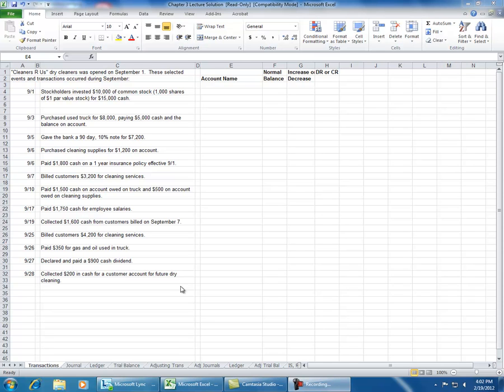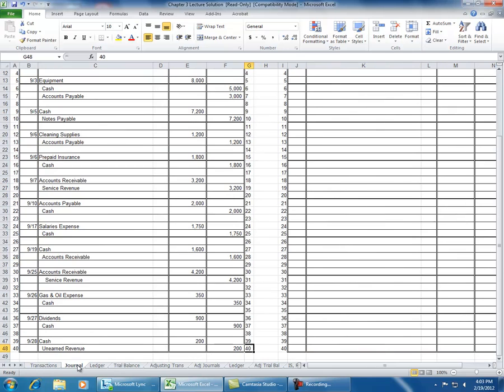For this example, we're going to walk through the entire accounting cycle, starting with the journal entries and ending with the post-closing trial balance. On the first tab, we have a listing in chronological order of the transactions for the month for Cleaners R Us Dry Cleaners, which was opened on September 1st. And if you clicked on the tab for the journals, you'll see that we have all of those transactions journaled